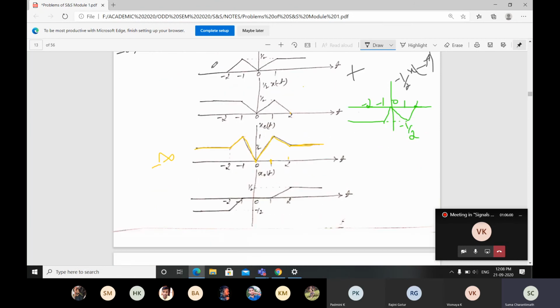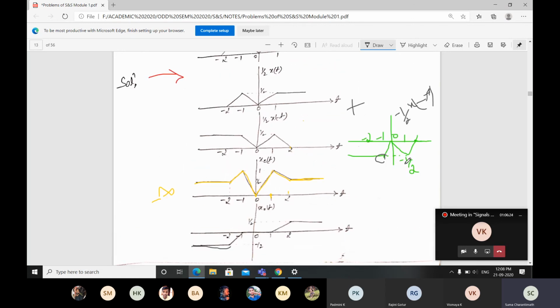Observe here. Here beyond minus 2 you don't have any signal. Here beyond minus 2 we have a signal. For that reason, up to minus 2 it will be coming as it is. Then at minus 1, here it is a positive 1 by 2. At minus 1 here it is a negative 1 by 2, meaning positive 1 by 2 plus minus 1 by 2 means it will be 0. For that reason, at minus 1 it is going to be 0. Then at 0 we don't have any signal. Again here at 0 we don't have any signal. So from minus 1 to 0 it will be 0.